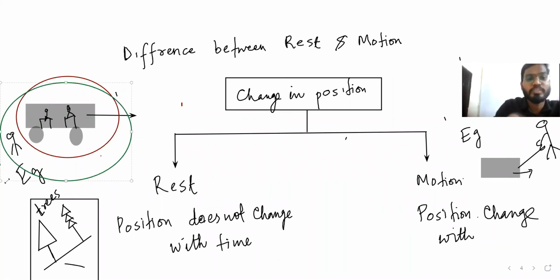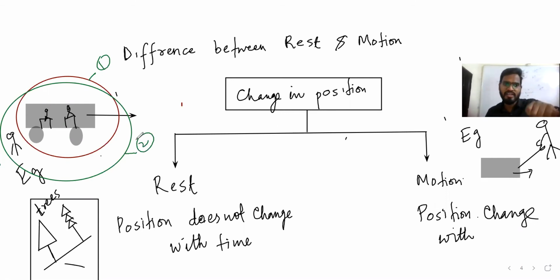Yes. So with respect to the man, this man is also inside. So system 1, the red color one, and system 2. With respect to system 1, the train is in motion. Both the men are at rest and the train is in motion. So we can say it is at rest. The men, both of them, A and B, are at rest.